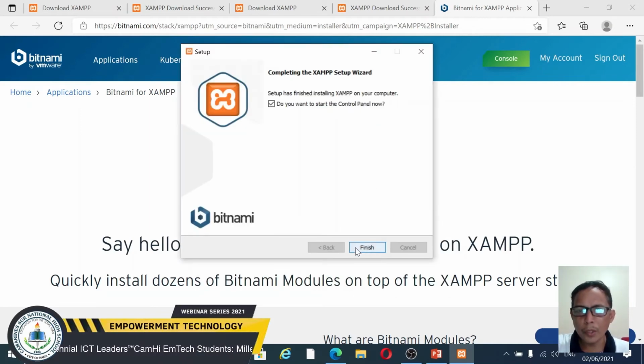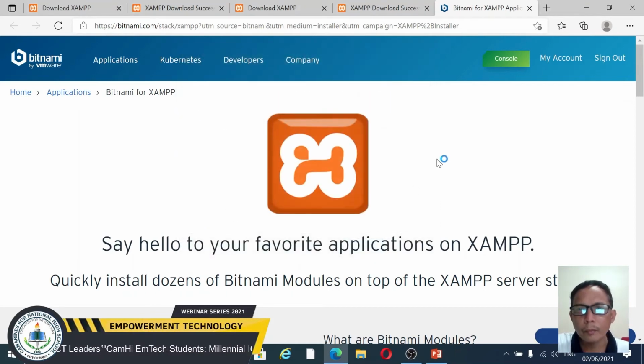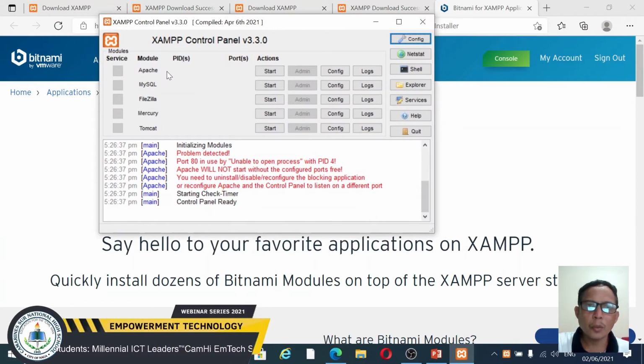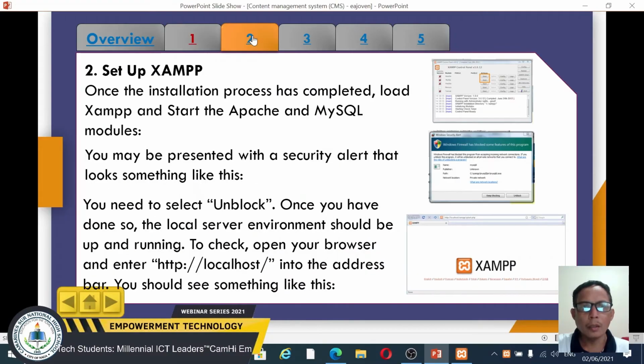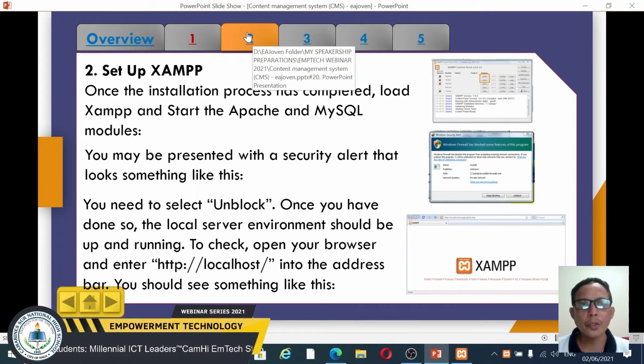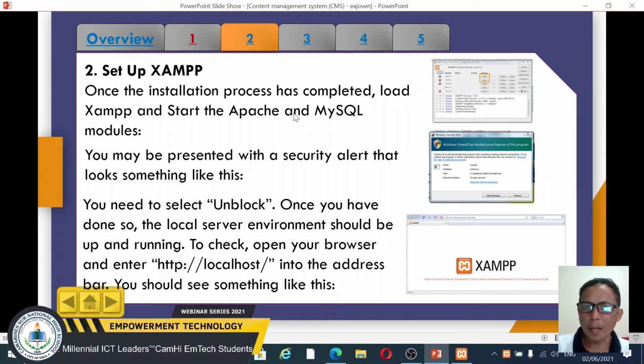To complete the installation, you click Finish. The XAMPP control panel web server is now installed. Step number 2, set up your XAMPP. Once the installation process has completed, of course the XAMPP panel will be loaded.